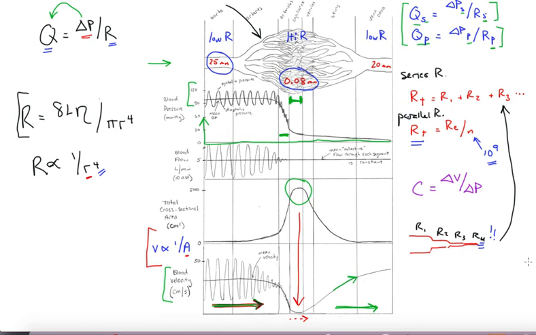And so that is how we accommodate having these little tiny vessels with huge individual resistances. We accommodate that by having billions of them, right? Otherwise, your heart would have to be the size of a VW bug, right? It would have to be huge and generate enormous pressures to drive blood through a single capillary. But we don't have a single capillary. We have billions of them, right? The analogy here is